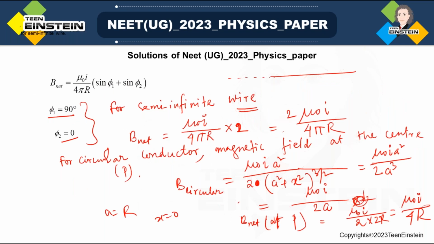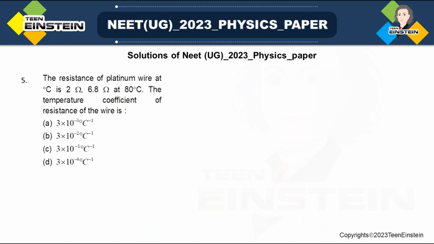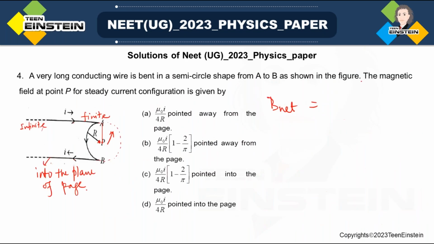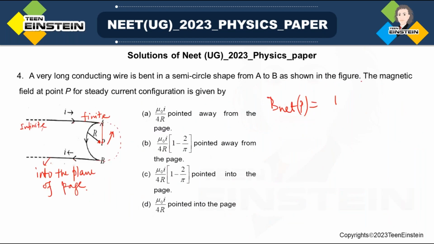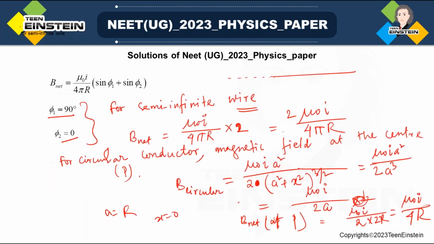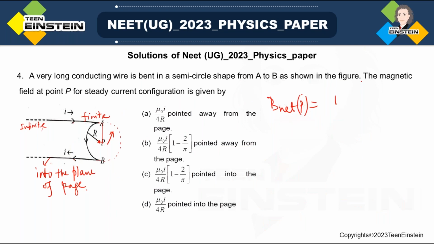So the net magnetic field at P will be mu0 I by 4 pi, mu0 I by 4R